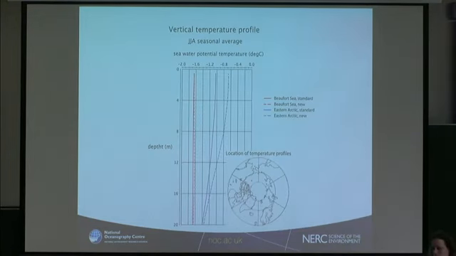Oh, wait, not too fast. If you take the vertical cross section, maybe it's more clear to see. So the red lines show the temperature profile in the Beaufort Sea region, and the blue ones are for the Eastern Arctic. You see for the Eastern Arctic at the surface, there's quite a substantial increase in temperature, and temperature below doesn't change much. In the Beaufort Sea region, it's the other way around. You get an increase in temperature at some depth below the surface because heat is getting stuck there in a way. It's not mixing up all the way to the surface.